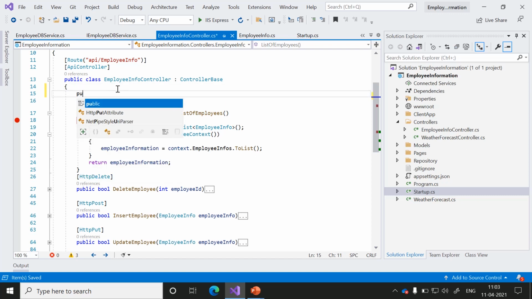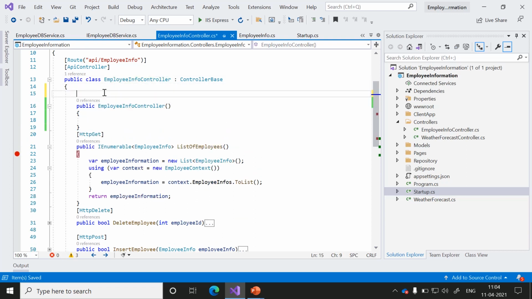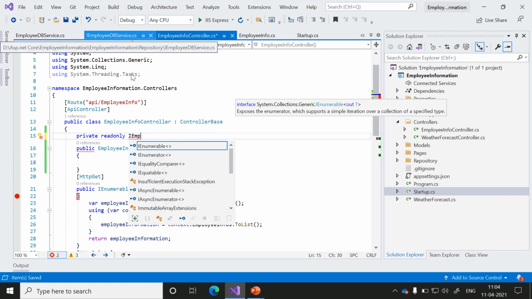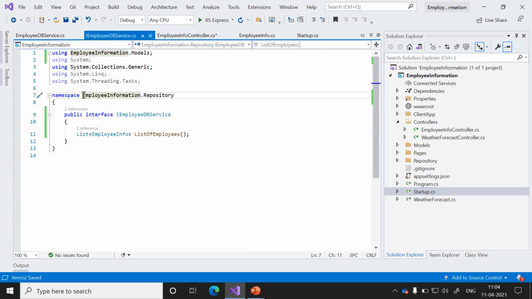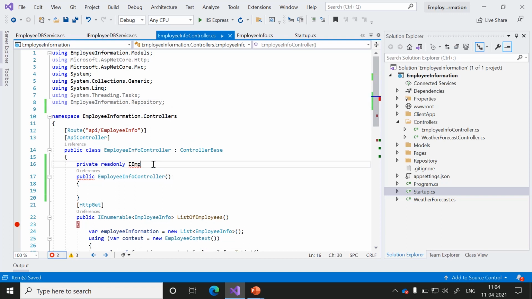To do that, we need to create a constructor and add the IEmployeeDBService dependency injection, private readonly IEmployeeDBService. To do that, come back to our IEmployeeDBService, copy this namespace and use it in the employee info controller. IEmployeeDBService, alias it as IEmployeeDBService.